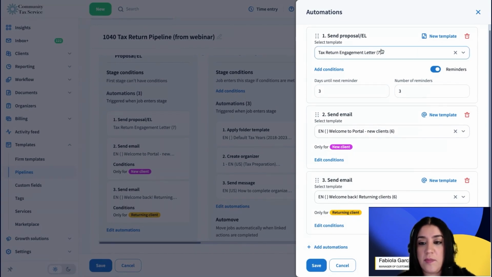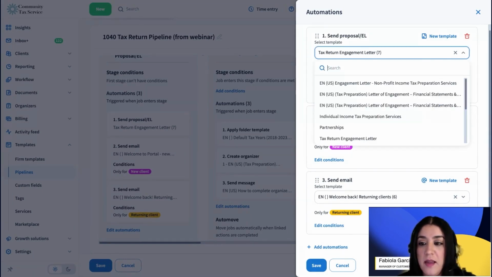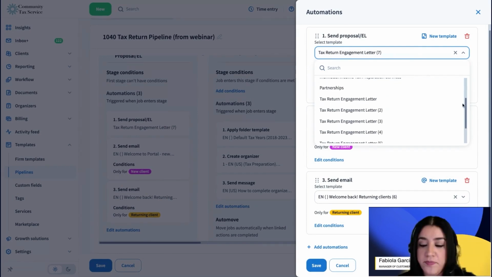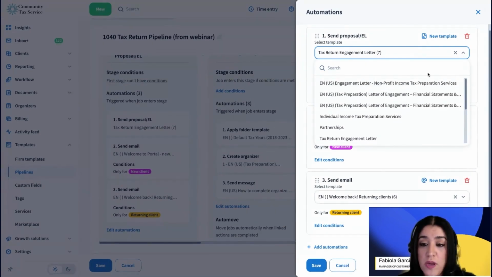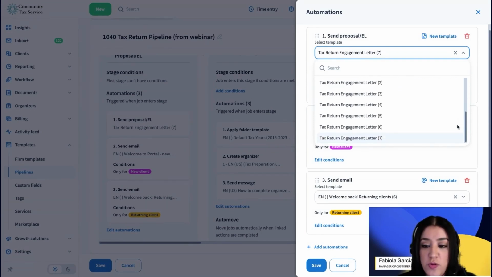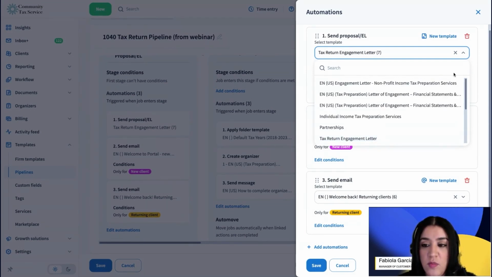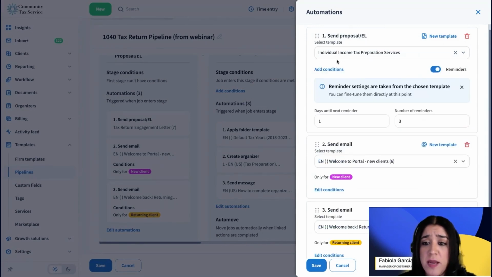Let's talk about this example. In this template, for example, we're telling TaxDome to send an engagement letter as soon as they hit the stage. Which engagement letter do you want to send? Well, I have a drop-down menu here, and I can choose which one of the templates that I've created. I could have either copied them from the library or I could have created them from scratch. And I'm just going to choose the one that I feel is more appropriate for this particular pipeline. In this case, I'm going to use my individual